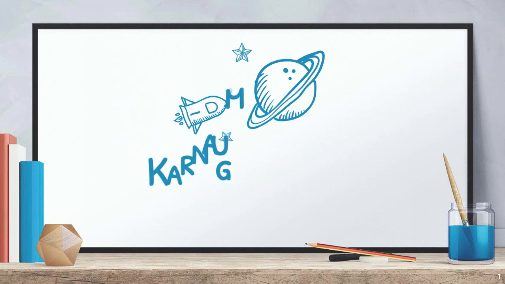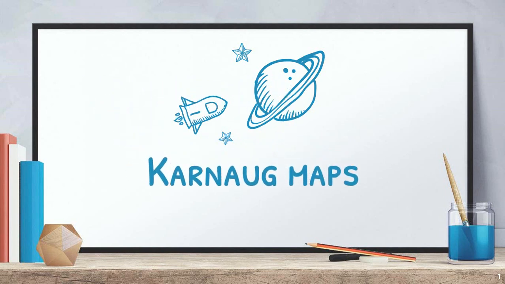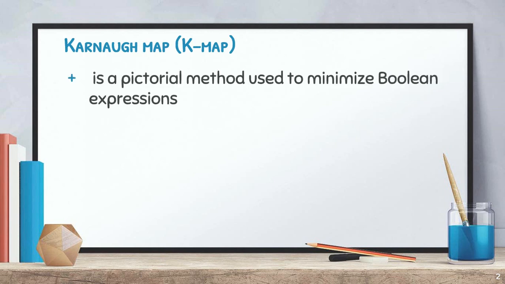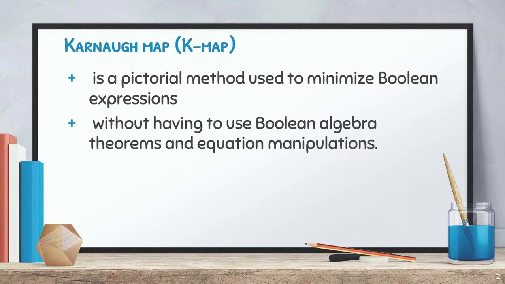The MAP method was first proposed by Veitch and modified by Karnaugh. Hence, it is known as the Karnaugh map, or K-map. The method involves a diagrammatic representation of a Boolean function. This representation is called a map. The variation on the construction of this map that was proposed by Karnaugh is used in an n-variable